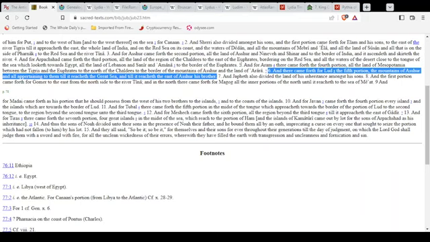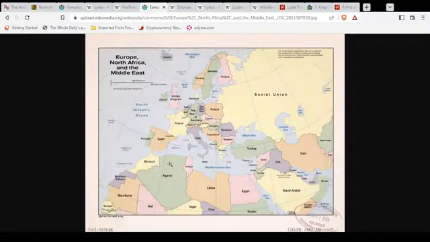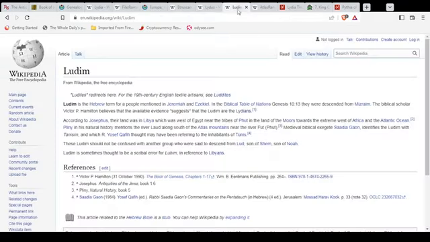Okay, and it also said in this part here about the Great Sea, that Lud would be reaching towards the Great Sea. So you can kind of see how it's making sense that the territory of Lud is connected with the Mediterranean, but then it also says about these islands of Javan reaching the portion of Lud. And now we do have this detail from Pliny in his Natural History,